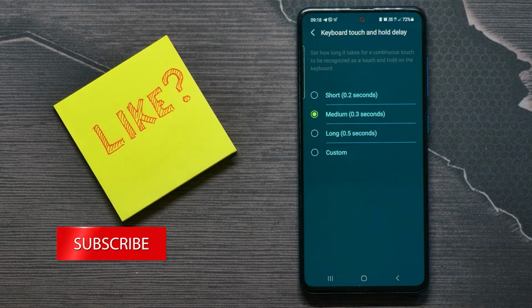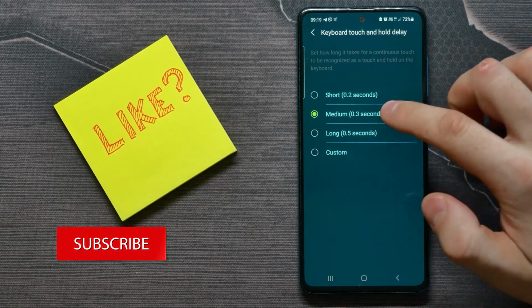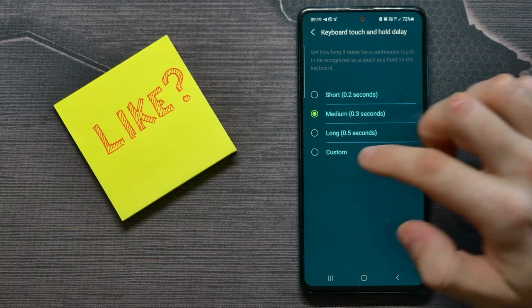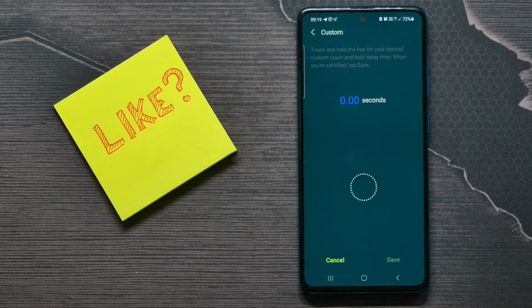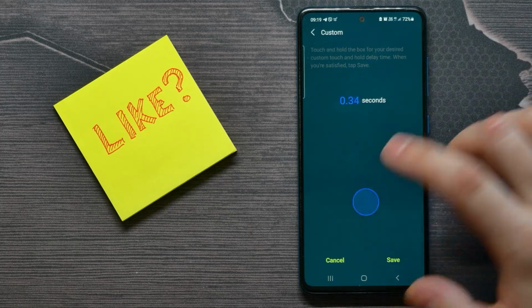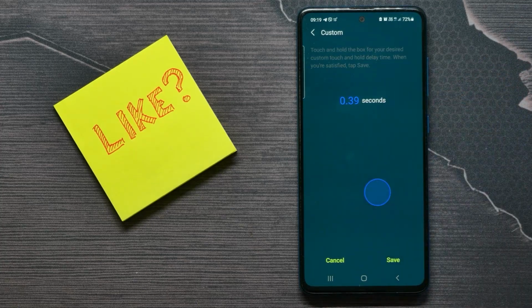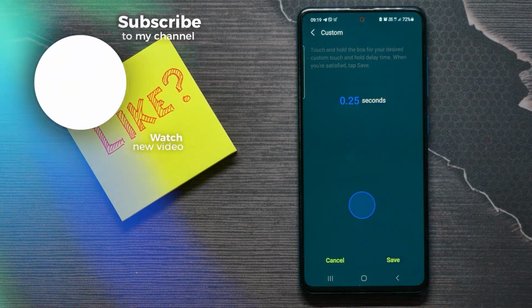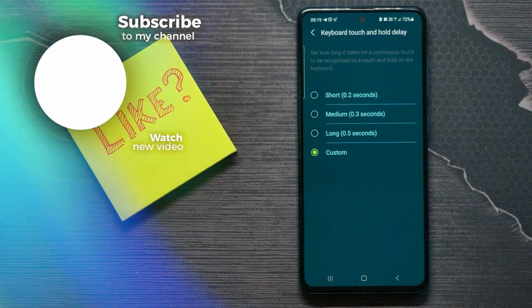And there you can switch between short, medium or long, or you can set a custom touch and hold delay. Just tap and hold for some time that you want to adjust your touch and hold delay. Just like that, and when you're done, tap save. That's how it